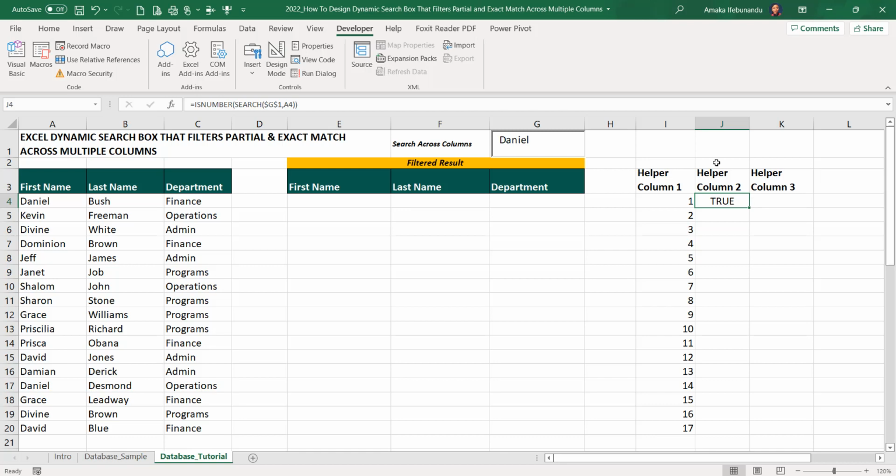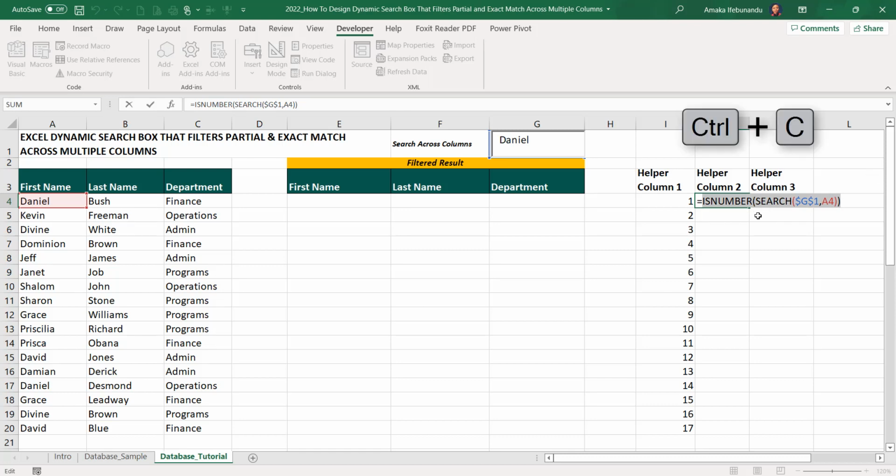So we're going to be tweaking the formula in this second column a bit from what we did in our previous training. Here, we want the search box to search across the three columns, not just first name, because now the only thing we are testing is searching for the word in our search box in column A, right? So we want it to also search for it in column B, column C, across all the data in our database. So what we'll be doing is just to tweak this formula a bit, just copy the entire formula,